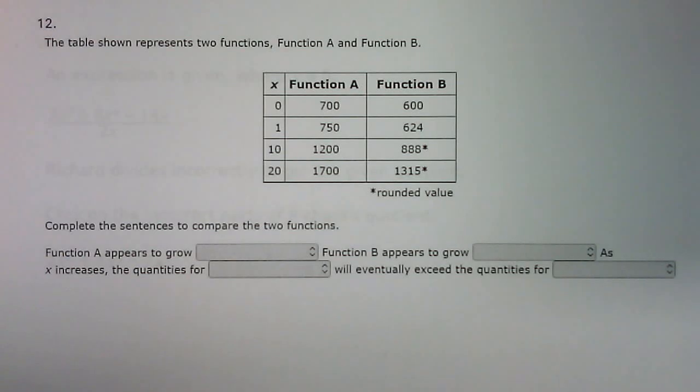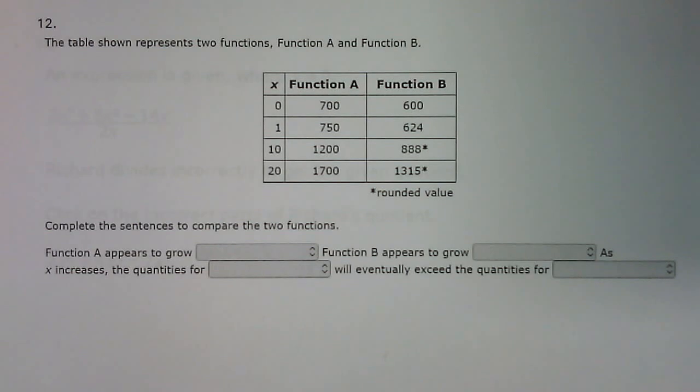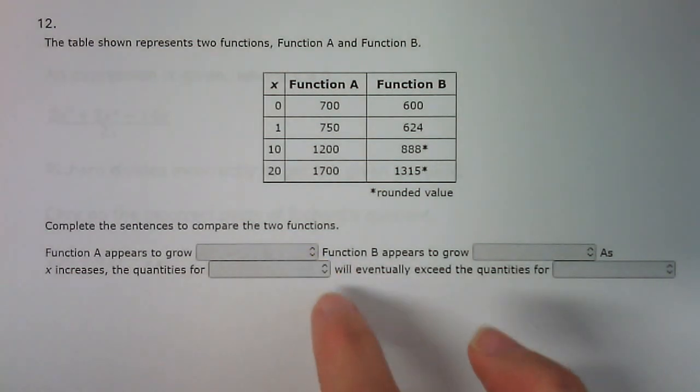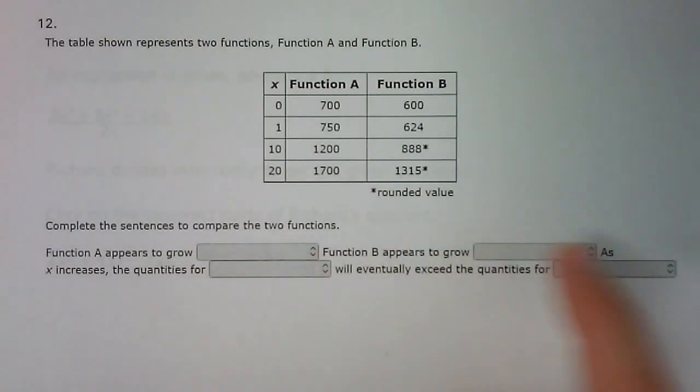All right, this question says the table shown represents two functions, function A and function B. When you take this on the computer, you are going to see some drop-down menus. I would encourage you to click on those buttons to see what types of choices you're looking at, because that's going to help you decide how to approach the problem. If I were to click on this box and this box, I would see that my drop downs are going to be